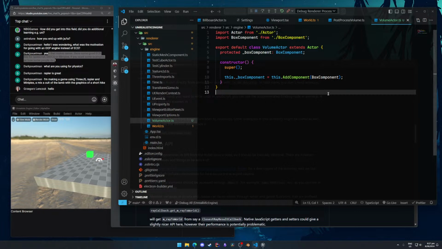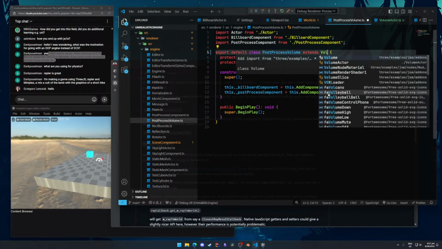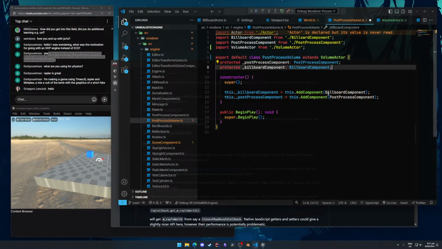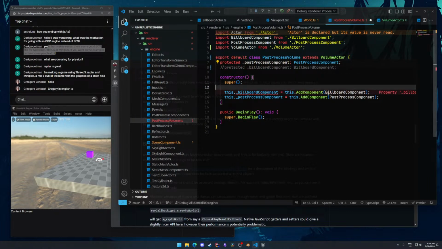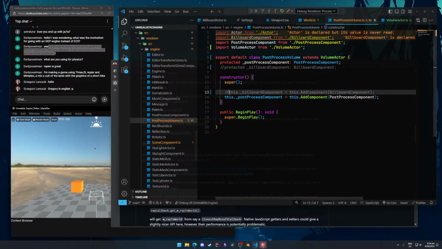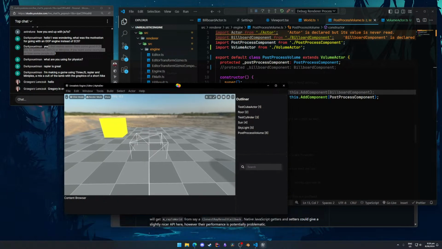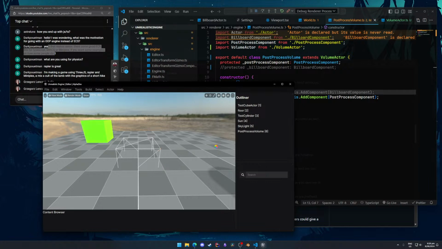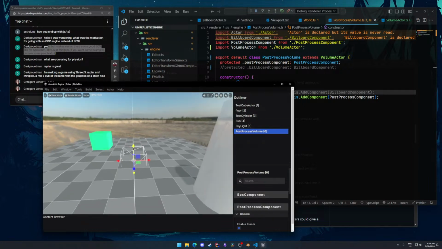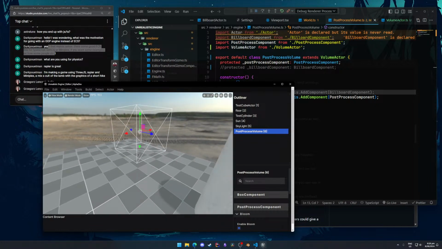But yeah, so what we should be able to do now is in the post-process volume, if we make this a volume actor, we even may not need the billboard component. No, yeah, let's turn the billboard component off and see what happens. Okay, cool. So we do get a wireframe box, which is kind of what I'm interested in, I guess. I was kind of thinking less wireframe and more just sort of the bounds, but